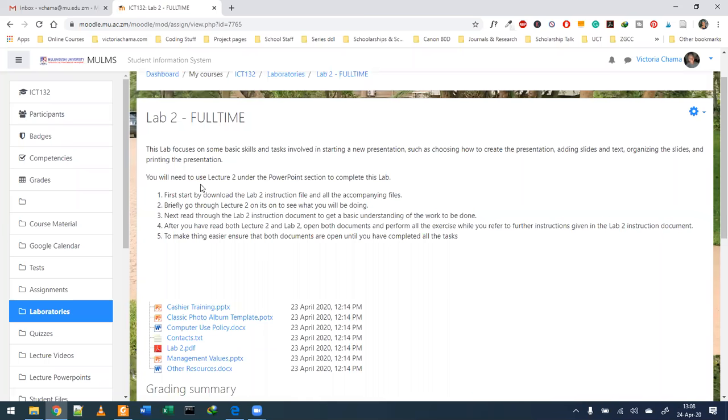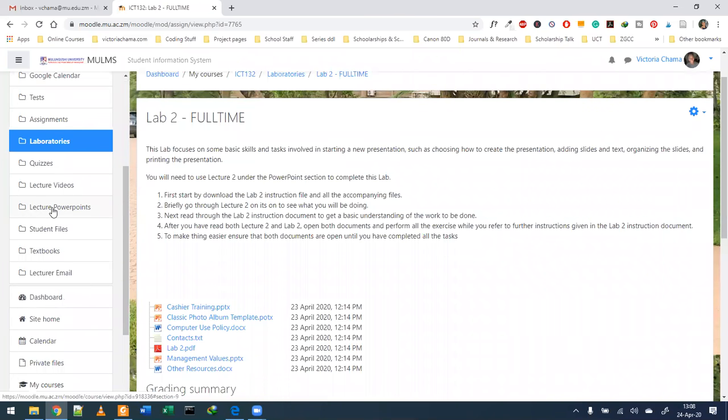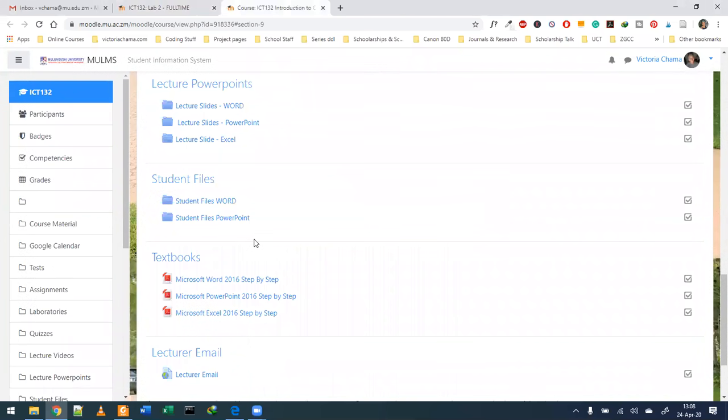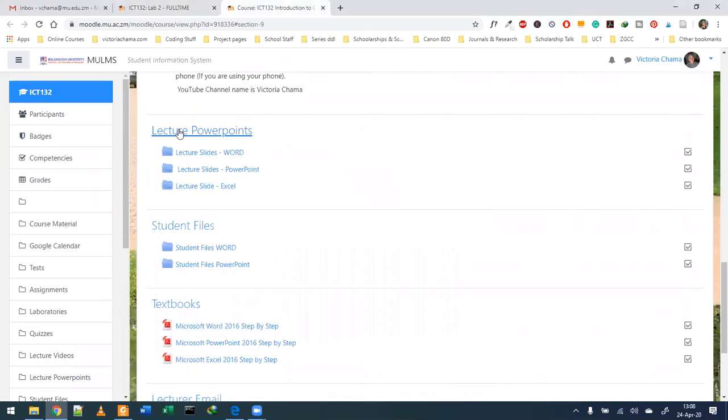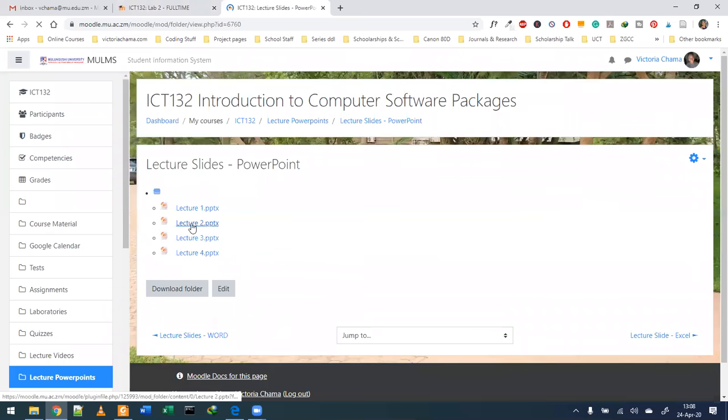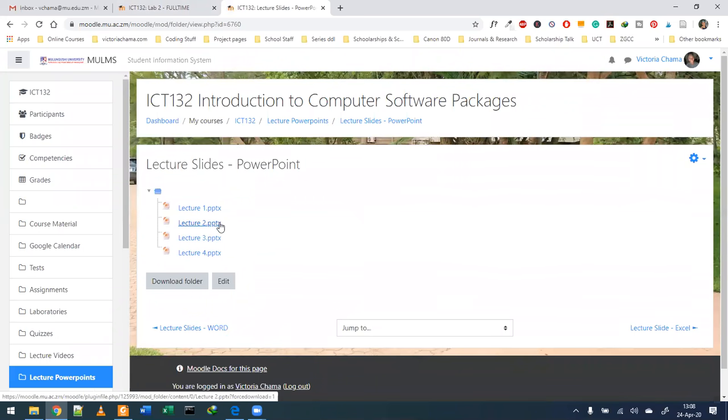So in order to do this, you first need to download lecture 2 under the PowerPoint section. So what you simply do is, within Moodle, you are going to go to the part which says lecture PowerPoint. And then under that section, we have lecture PowerPoints here. We have the lecture slides to do with Word, lecture slides for PowerPoint, and then lecture slides for Excel. So under the lecture slides for PowerPoint, you are going to download lecture number 2 to help assist you go